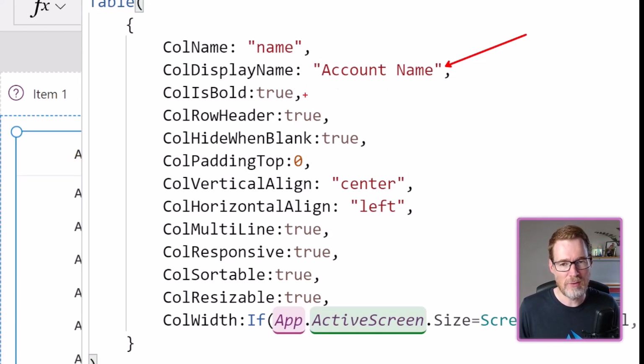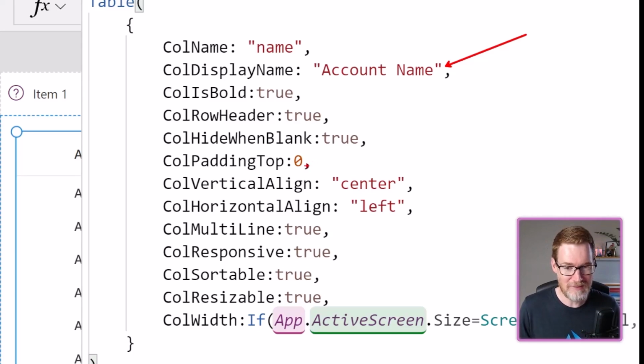And then we've got lots of other different properties, like whether or not we want to show the text in bold. We're going to show this as a row header column, which means it stands out as a more significant cell and is announced in a more significant way by screen readers. We're also going to say we'll hide when blank is true. So if there's no values there, it doesn't display anything. In this particular case, obviously that's not going to have much effect because we've always got an account name. But for an account status, for example, if it was blank, we wouldn't want to show an empty box. We just want to show nothing there.